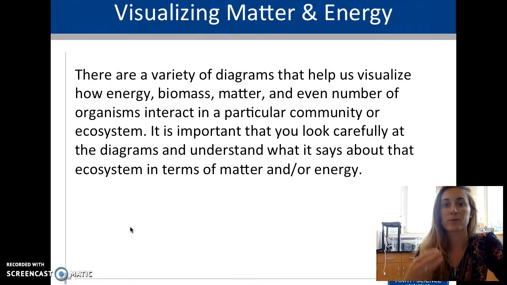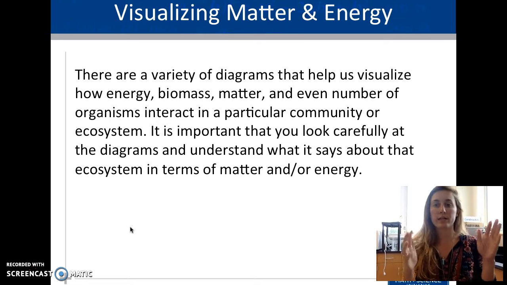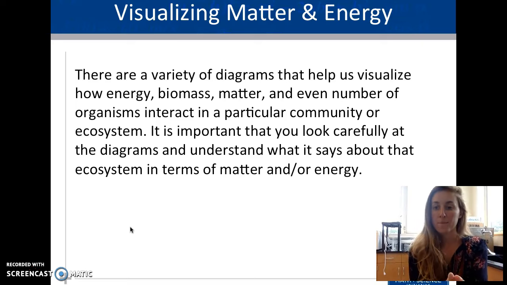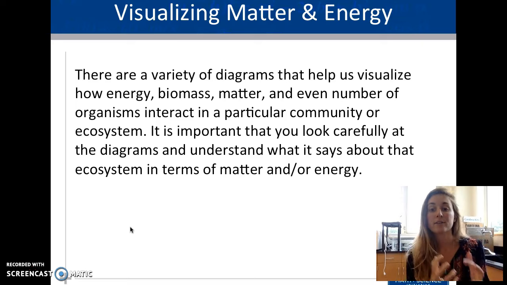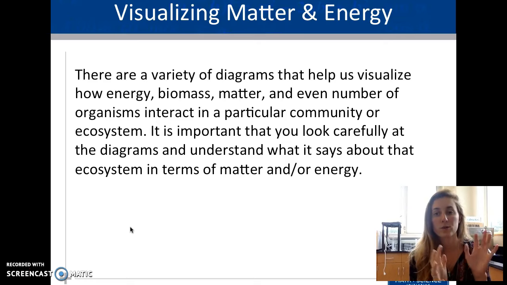There are lots and lots of diagrams that allow you to visualize matter and energy. When you are looking at all these diagrams, make sure you can separate all of these arrows into matter or energy. Matter, and this is good to keep in the back of your mind, is always going to be your chemical compounds: carbon, phosphorus, nitrogen, sulfur, oxygen, all of that stuff. Your energy is always and only heat or energy forms: thermal energy, which is heat, solar energy, light, and chemical energy, which is the energy within the chemical bonds.